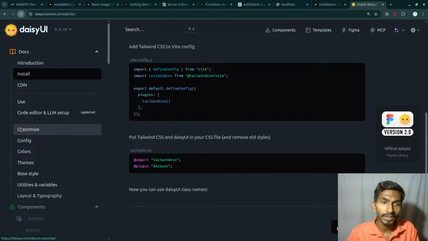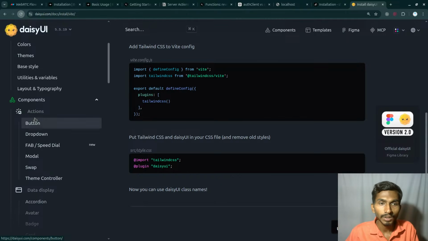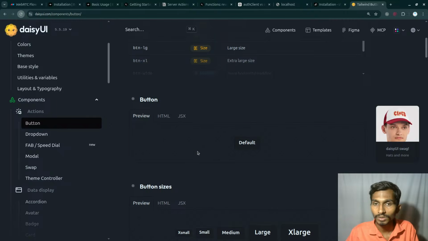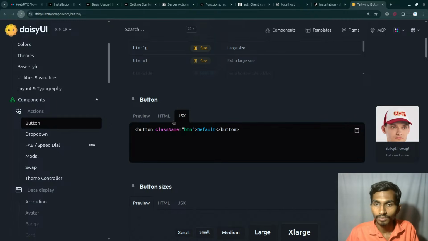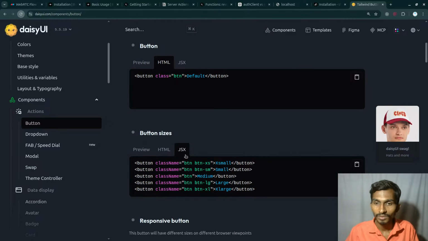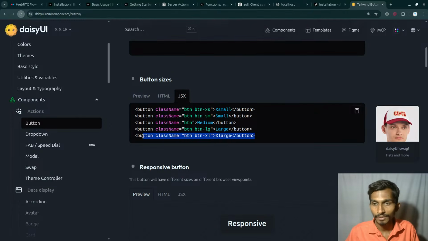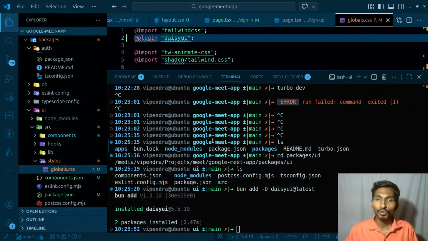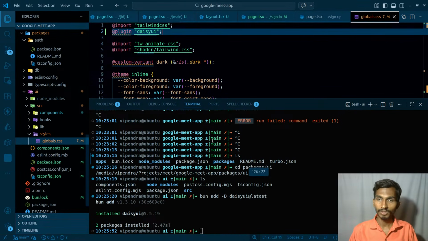How can I check whether it's working or not? For checking this, let's simply go to the button. These are the buttons that are available from this side. This is the button. So this is how it goes. So I'm gonna be using Daisy UI, quite interesting. Let's use this large button. So for using the large button, I have to just simply copy this much, and then it should be working fine. So if I actually make it a bit smaller,